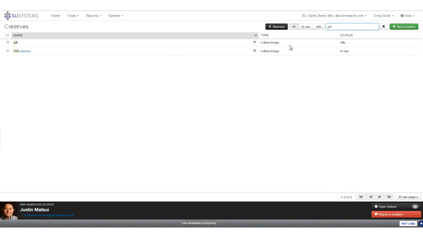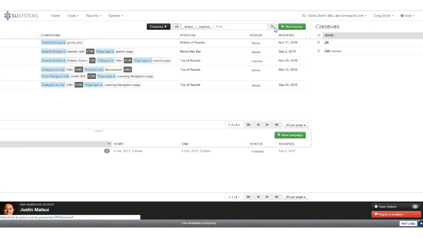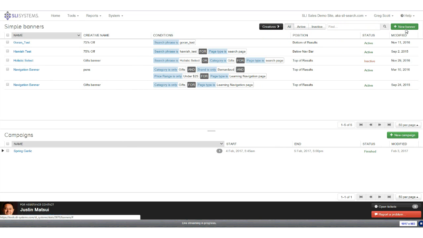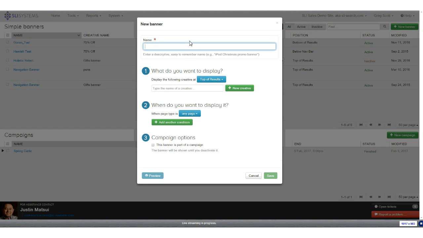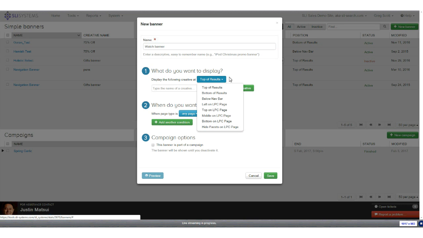Go back to banners. Now let's create a banner. Top right-hand corner, you've got the green button. I'm going to call this banner Watch banner. Okay, and now it's asking where I want it to display. So by default in SLI, you get a banner that can display at the top of your results or at the bottom of your results. We can do a bit more than that. It doesn't come out of the box, but if you let us know, we can put them in other places as well. So if I go back to a search page,